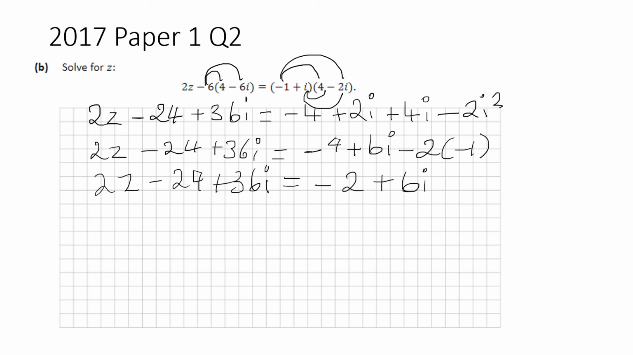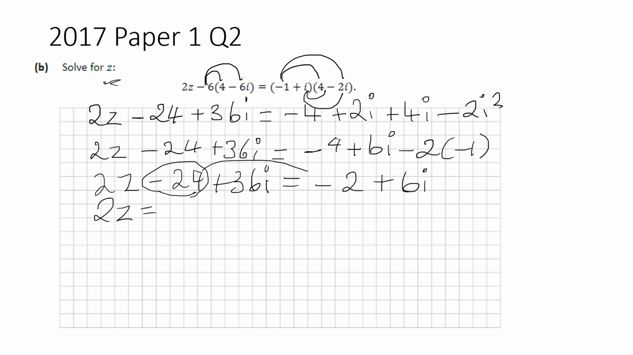So what we're asked to do here is to solve it in terms of z. So that would suggest that you need to keep z on the left hand side. So I'm going to keep z on the left hand side, and I'm going to gather all the real and imaginaries on the right hand side. So the reals are going to become 20. This minus 24